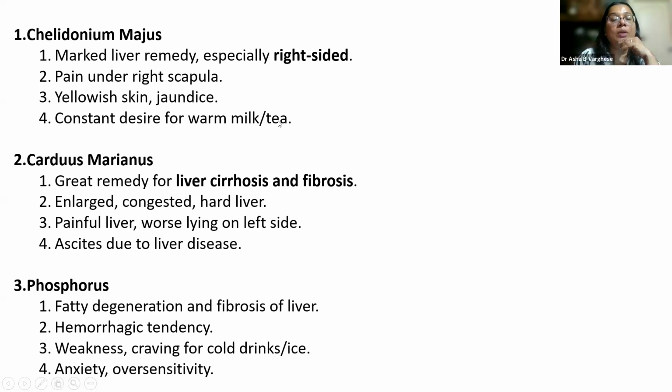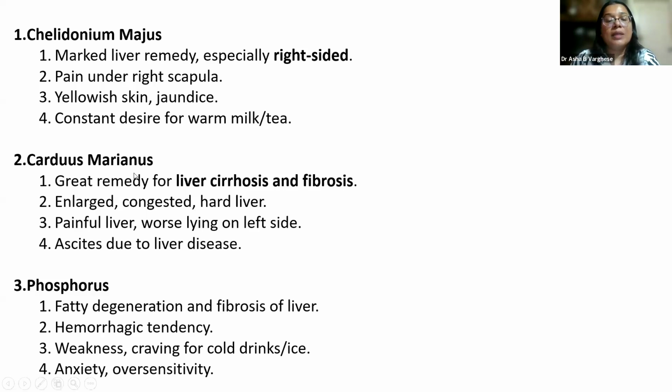So with chelidonium, most of the cases when children have gastric upsets but they want to drink warm milk, I generally prescribe chelidonium for children. They don't want to eat food, but they want to drink warm milk or warm tea or whatever. If this comes most of the times and the rest of it is matching, then I do give chelidonium sometimes. Then their appetite comes back.